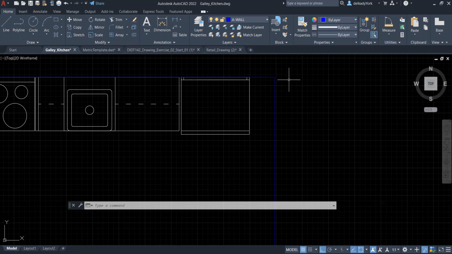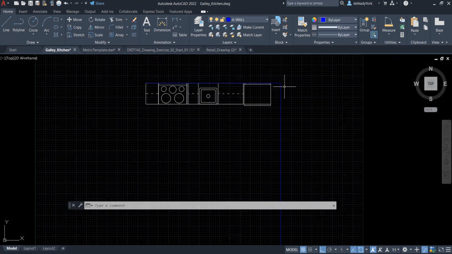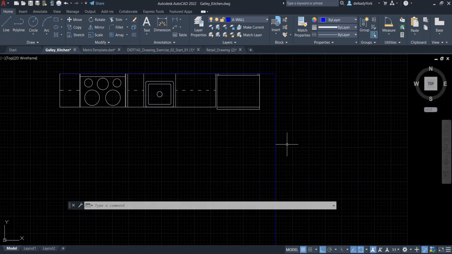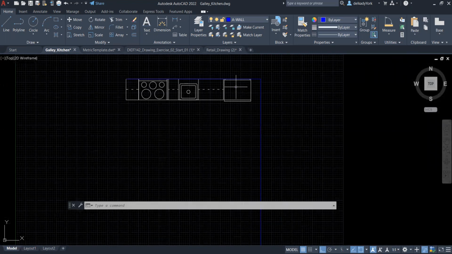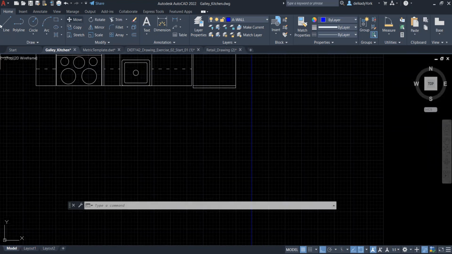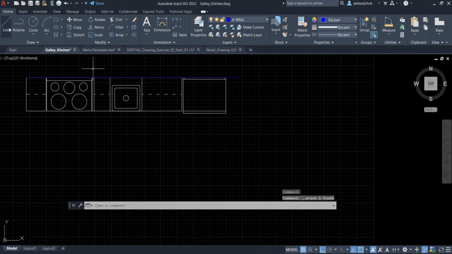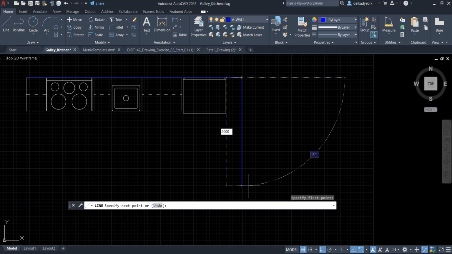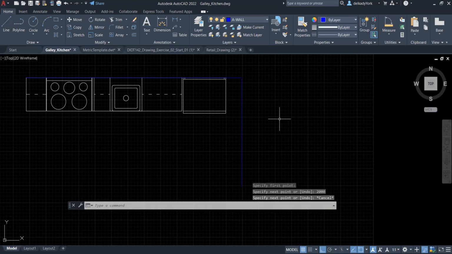Okay, so now I have this, and I know, for example, that this line is about maybe 2 meters or something. So I'm going to delete that, and I'm going to take that line as maybe 2 meters. So something like this. This is where the end of my kitchen is going to be. Again, this is going to be according to the measurements that you take. And now I have both lines